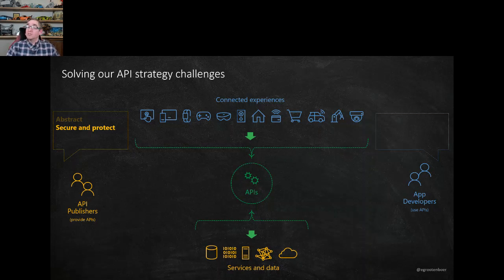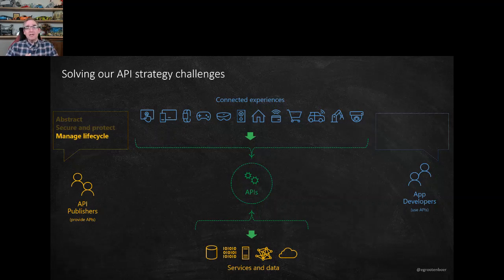Now we're going to expose it through the internet. So now all of a sudden it's much more important that there's security actually there. Some of the services in the backend might have no authentication or maybe only basic authentication. By placing API management in between, we can actually say we are going to protect those services with a decent authentication, like OAuth, without having to change those backend services. Because a lot of those services just are running, we cannot really touch them anymore. It's legacy, it's not something we want to touch. By placing API management in between, we can still expose them to the internet in a secure way.